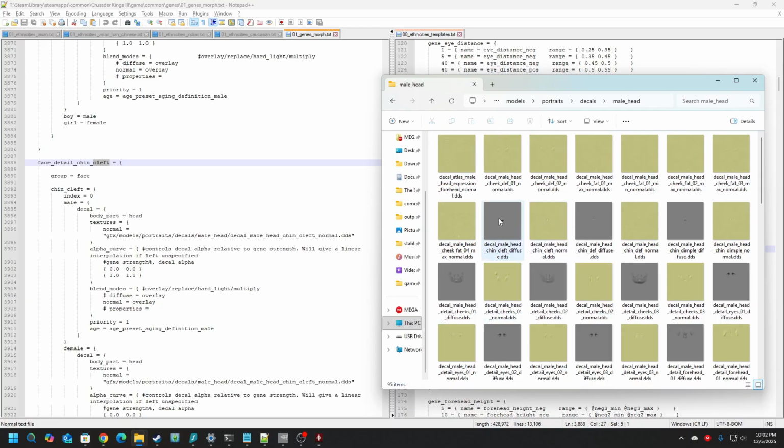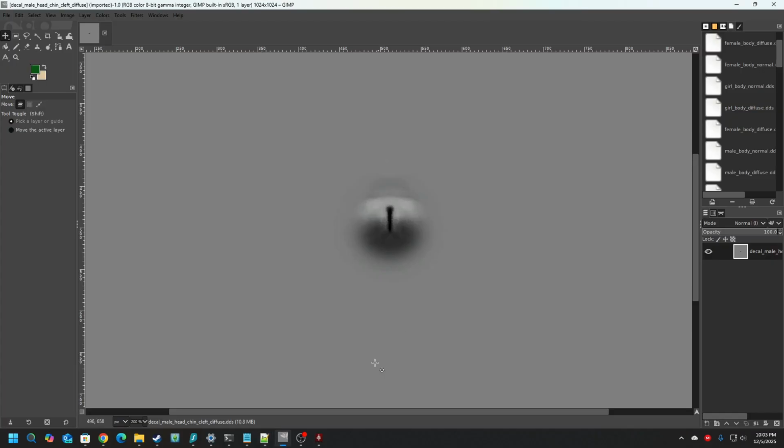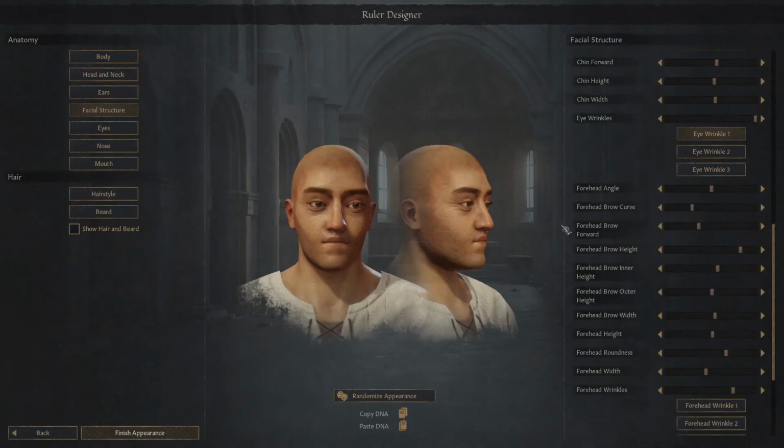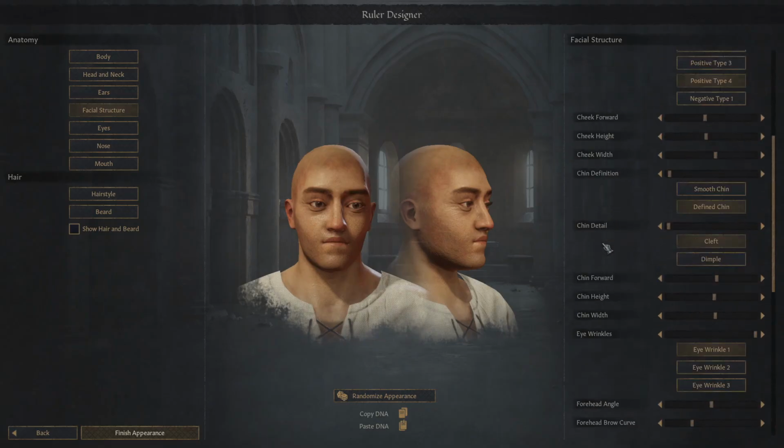Well, we have the normal and the diffuse, but what these do is that the strength of the gene doesn't, again, adjust anything about the character model, but it changes the alpha, so the transparency of that decal that's applied. This decal here. So if we look here, if we pull up the chin cleft,